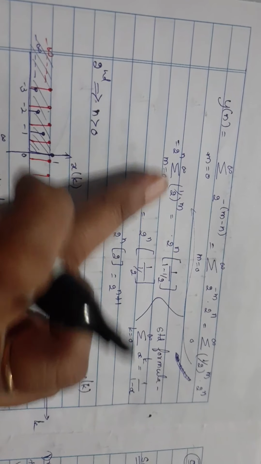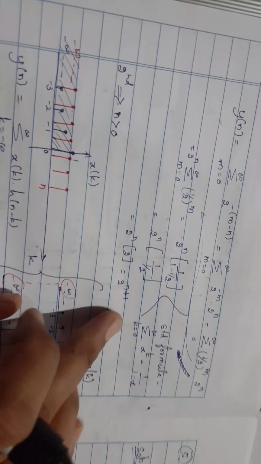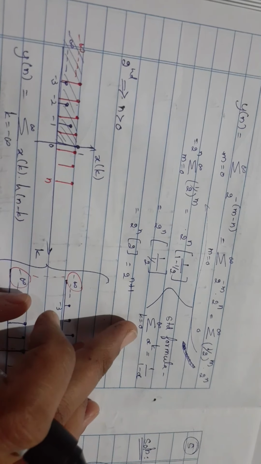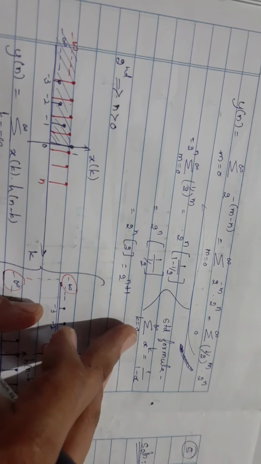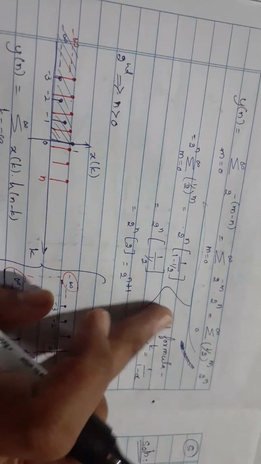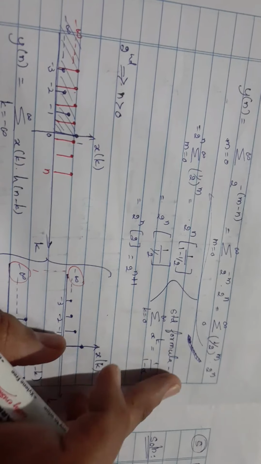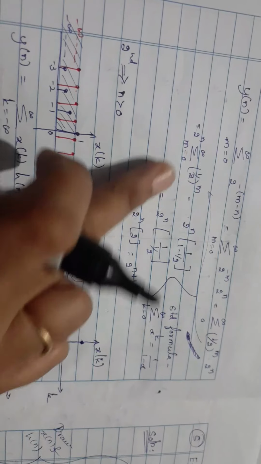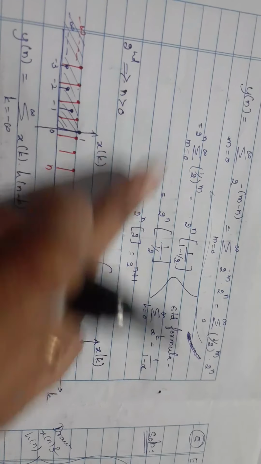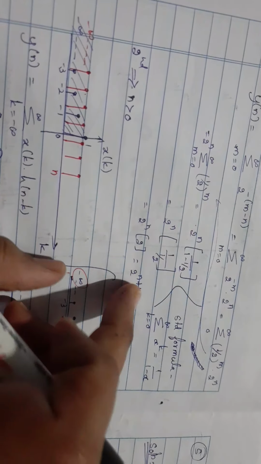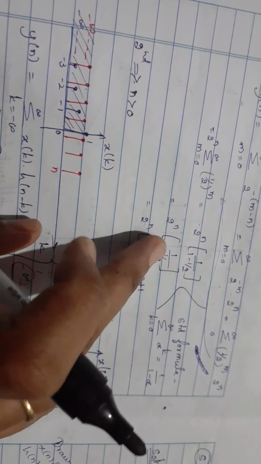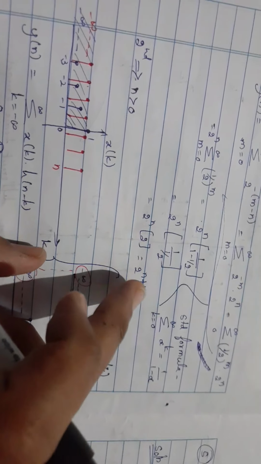Then simplifying, applying the formula. What is the standard formula? Earlier we have seen that the formula was for the range between 0 to n. Now one more formula we have, for the range between 0 to infinity. If this is the case, then the value is given by 1 by 1 minus alpha. Accordingly, 2 raised to n as it is, and 1 by 1 minus alpha is 1 by 1 minus 1 by 2. Simplifying it, 1 by 1 by 2 becomes 2. 2 raised to n times 2, that is 2 raised to n plus 1.